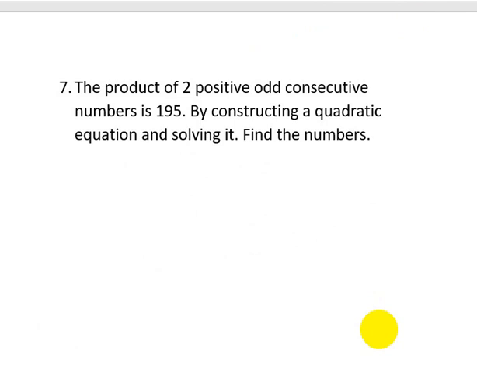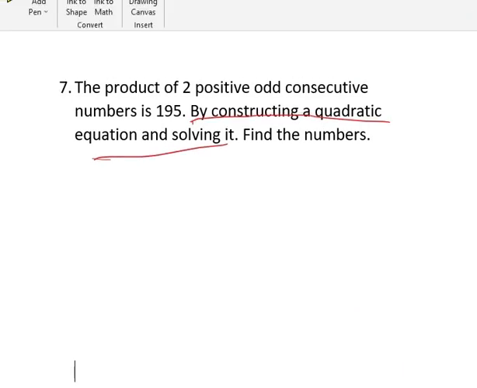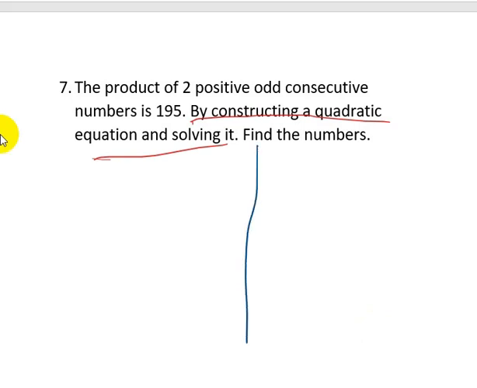It's the same as what we did. But this statement here, by constructing a quadratic equation, if you don't take time, it will confuse you. You see, math questions come as confusing ones, but when we take our time, we realize it is so simple, like the ones we already did. Now, in one of the questions, I explained what a consecutive is. And they are saying that these are odd numbers, okay? But the two, when we multiply, we get what? 195,